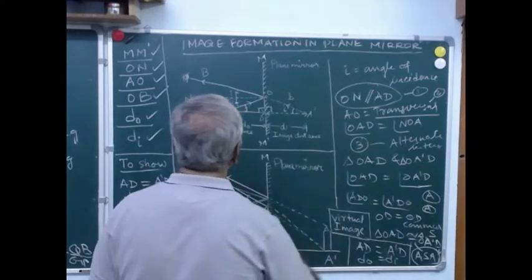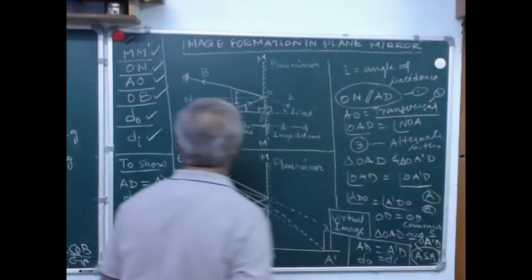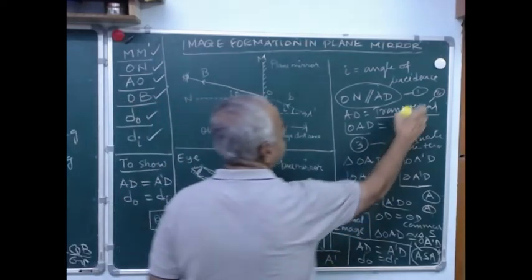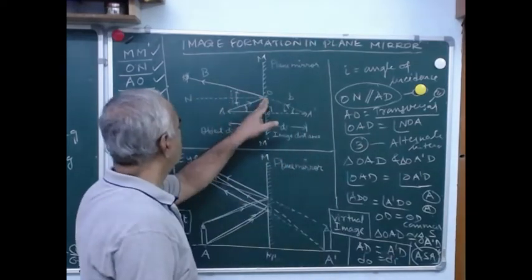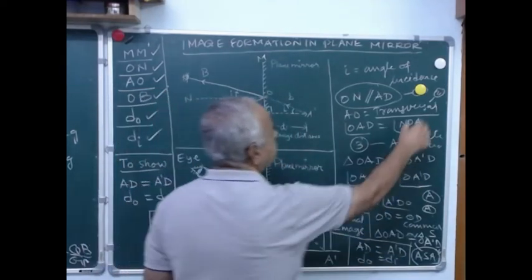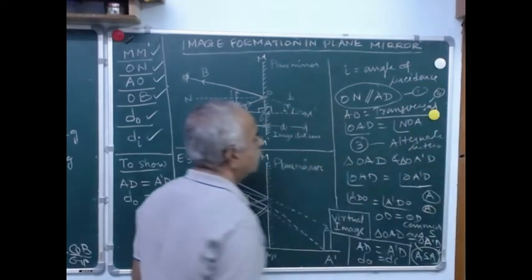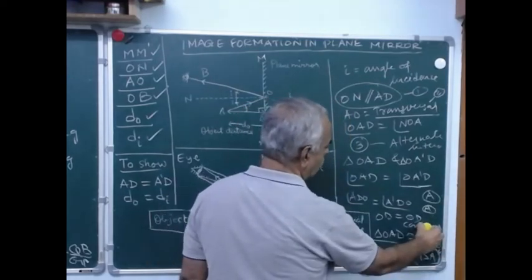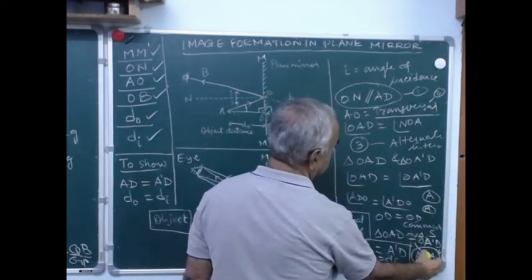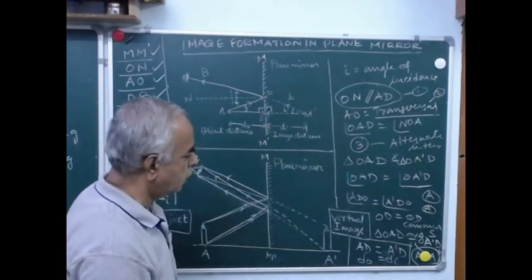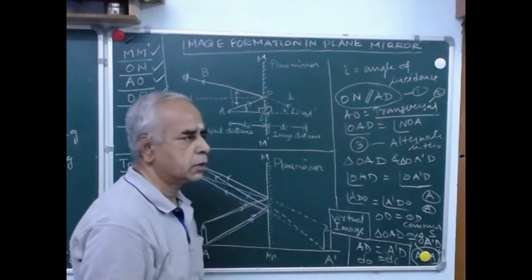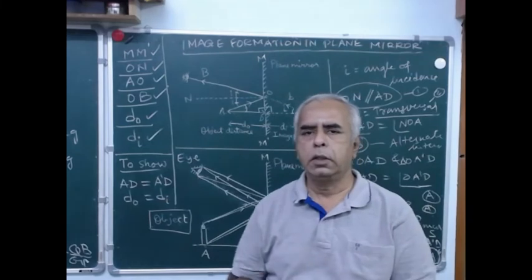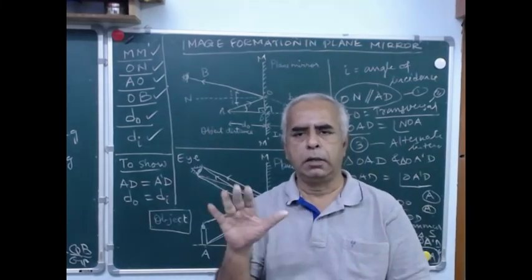Remember, let me say once again. What is the first point to prove? We need to prove DO is equal to DI. ON is parallel to AD, and based on that, you have to identify the transversal. Then you have to consider the common side, and by SAS they become congruent, and finally the corresponding sides are equal. Likewise you have to prove. You should consider these theorems of congruent triangles and parallel lines.